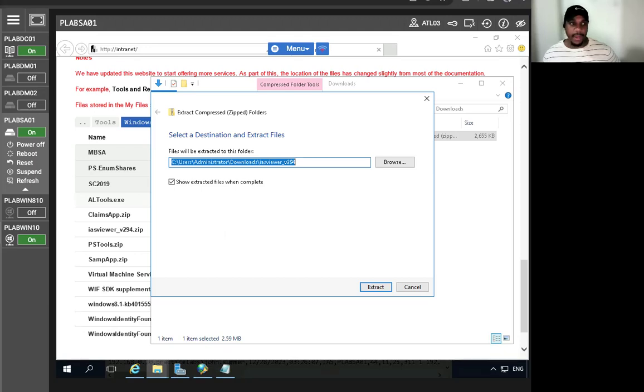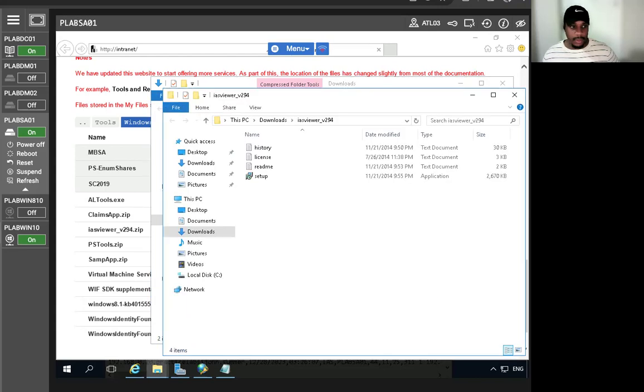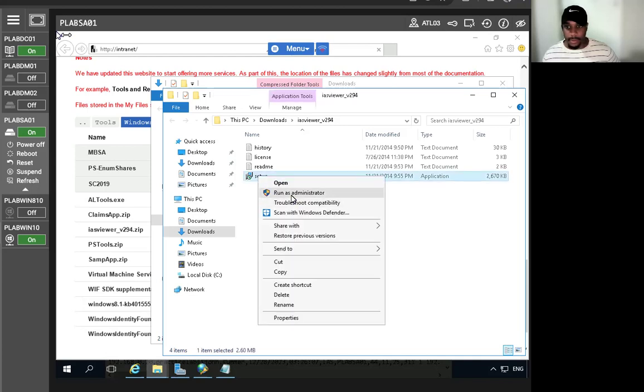Okay, perfect. So right now, before I continue, I'm just installing the NPS log reader. So let's see. I'm going to hit extract. Oh, perfect. There it is. All right, let's run